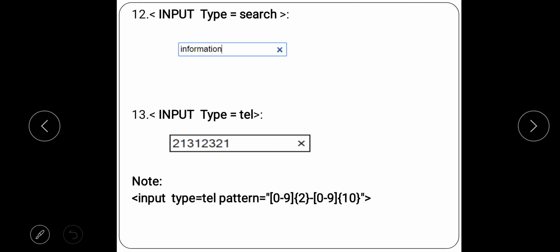So how is it written? 0 dash 9 in square brackets, in the curly braces there is 10, and then after the curly braces are closed, the double quotes are closed, and the input tag is closed. So this is how you can check whether the inputted phone number is correct or not.